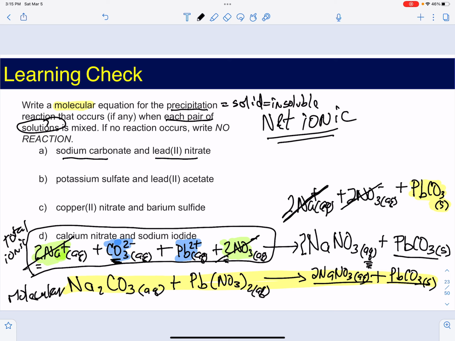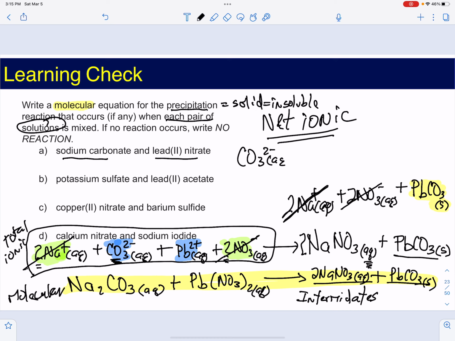So everything that cancels, because it was on both sides of the arrow, it was a product and it was also a reactant in the same amount, that's what we call the intermediates. So the intermediates are going to be the ones that get canceled. So everything that did not cancel is what is going to be our net ionic. So we're going to have carbonate